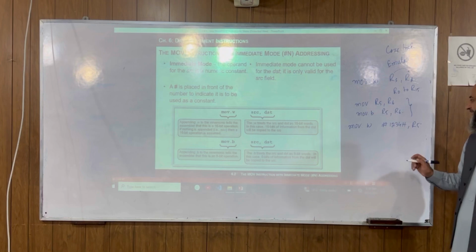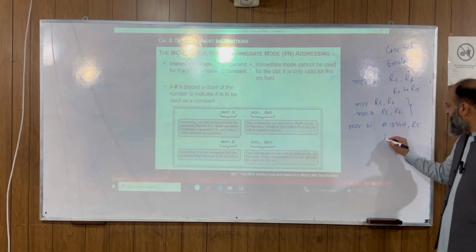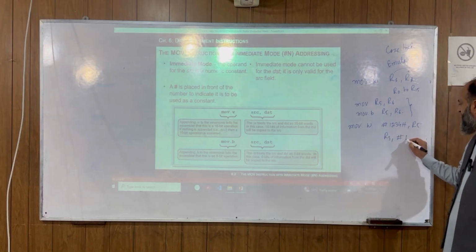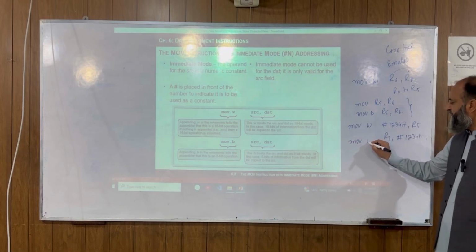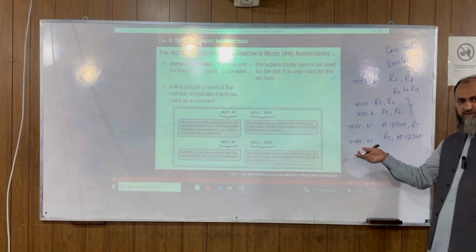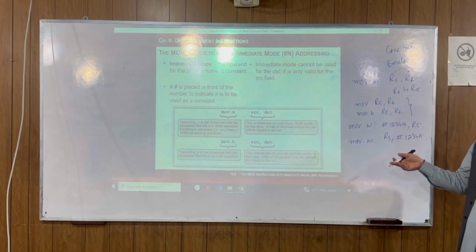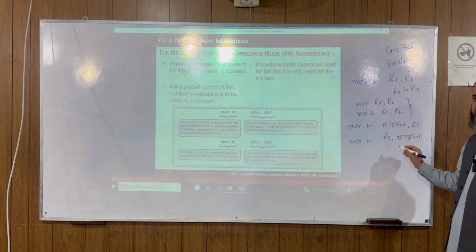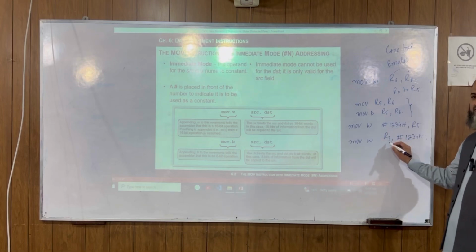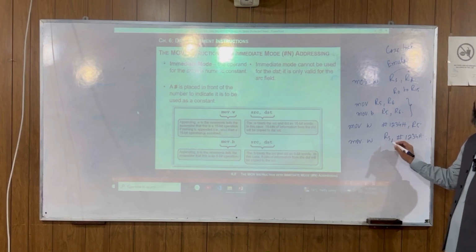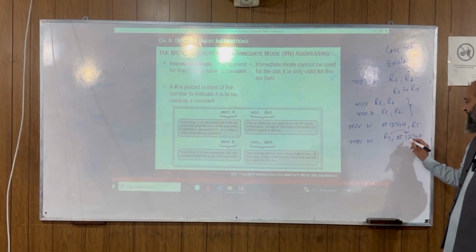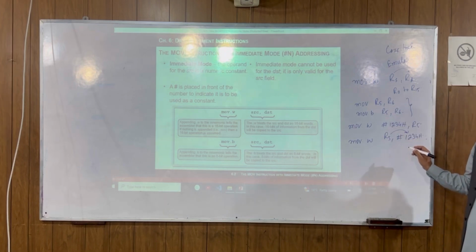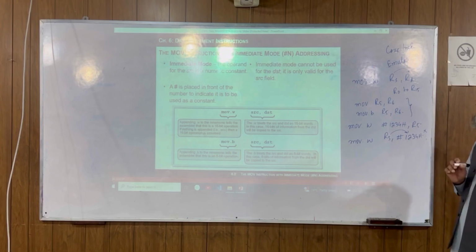Is it okay? अच्छा, what would happen if this is R5 comma hash 1234 hex? जी, ये बताया था मैंने हम लोगों को पहले. तो ये हमने किए हुए ये वाले स्लाइड्स. Okay, so you see that it will not be possible. Please see, it will not be possible because the R5 content, and this is said to be the byte over there, it's not a location. ये कोई location नहीं है. So it is not a possible phenomenon there.